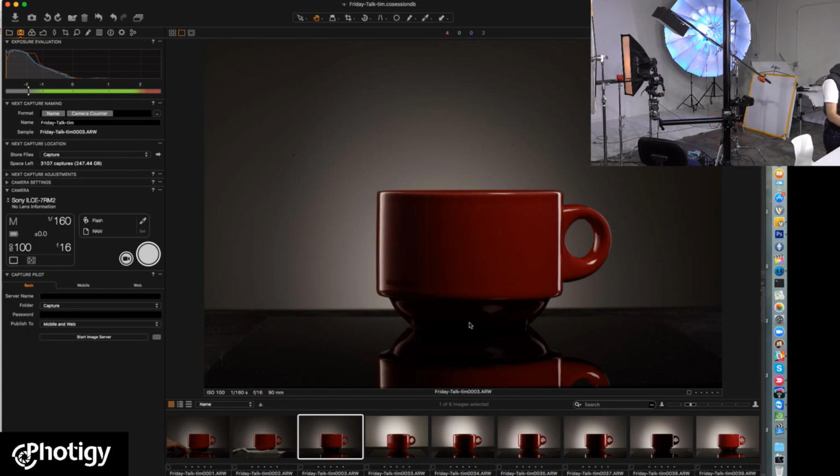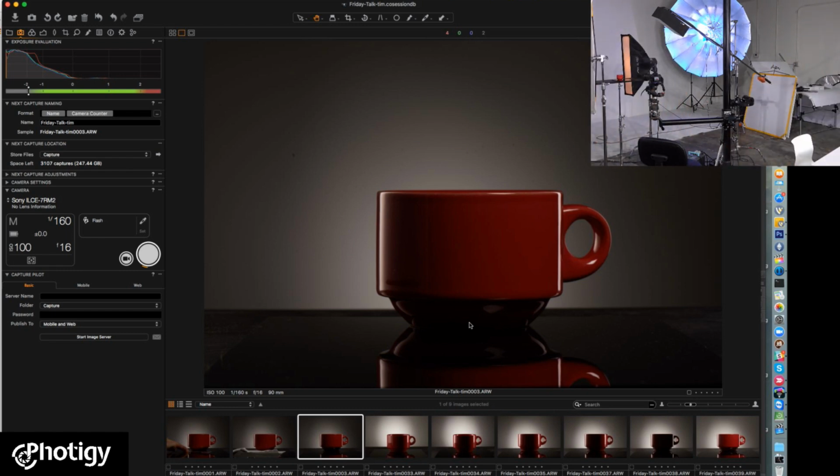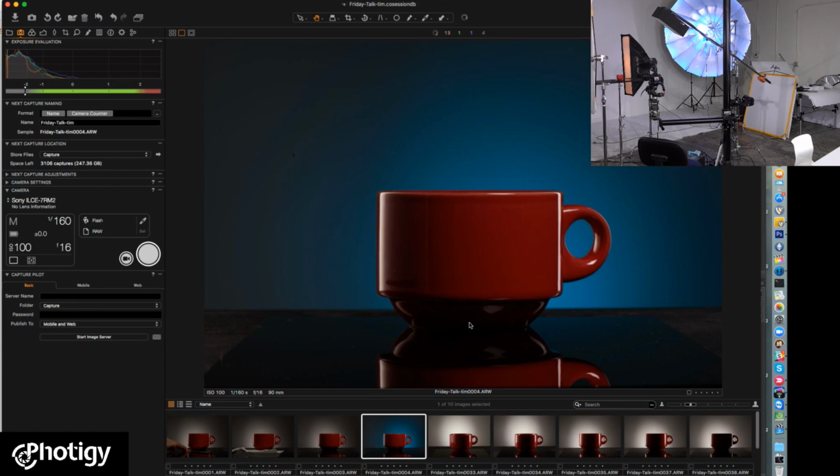And also I'm going to raise the power of that light a little bit, almost one f-stop, because I know that when we put a gel on, it's going to reduce the amount of light that comes through. So, you see the difference, right? That's cool. That's red cool